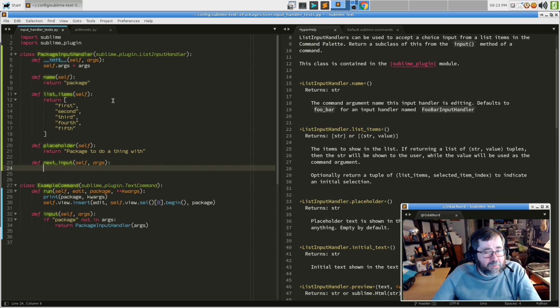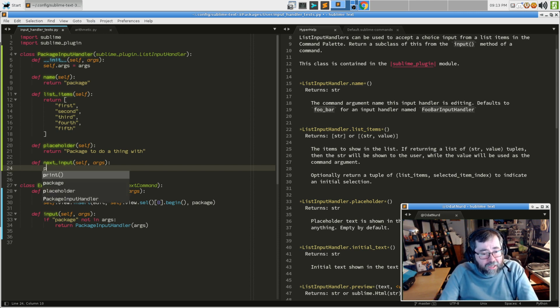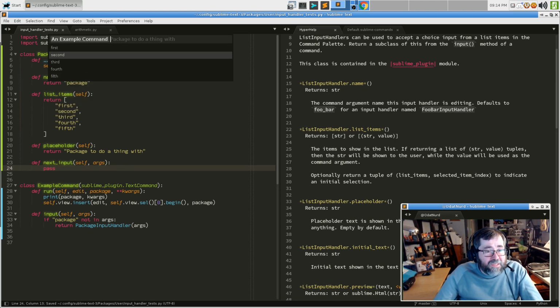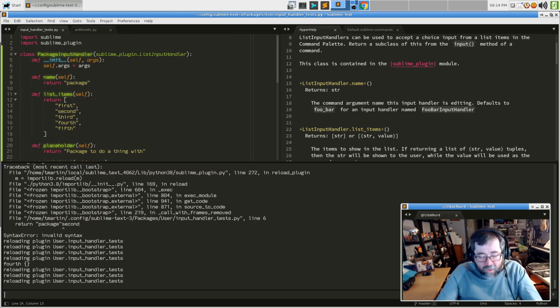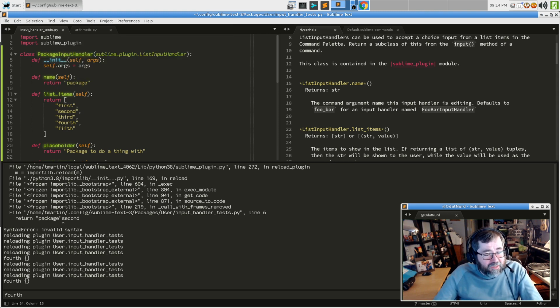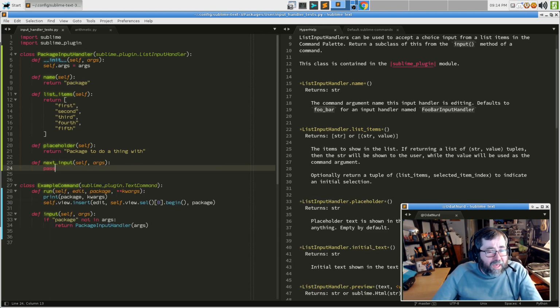And we could say, well, if we return none here, if we just do this, then everything will still work the way that it always has, right? We're going to actually do it this way. We're going to choose an example command, pick like fourth, and it's going to print fourth out. Now, what we might actually want to do here is